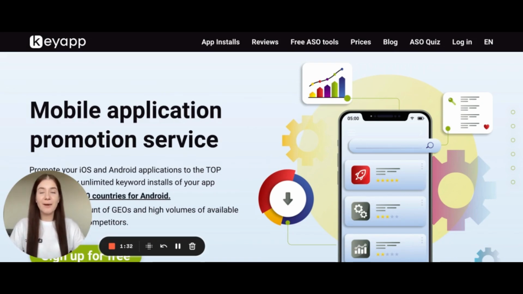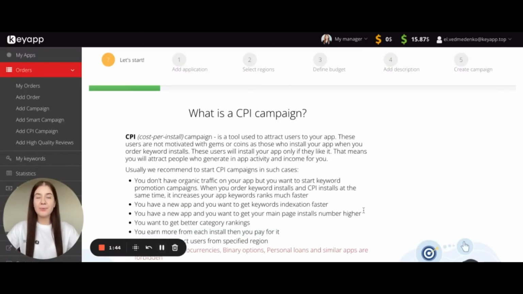But it is needed to remember when you work with Google Play that there are some more ways to get into the index for the keywords, and that's what we are talking about today. If you worked with our platform previously, you know for sure that Keyapp is not only about keyword promotion. We are doing our best to provide as many services and tools as possible to make keyword promotion easier for our clients. For example, you may use free App Store optimization tools to check the application for the keywords, to find some new keywords for your app, as well as to check the app positions for the search request